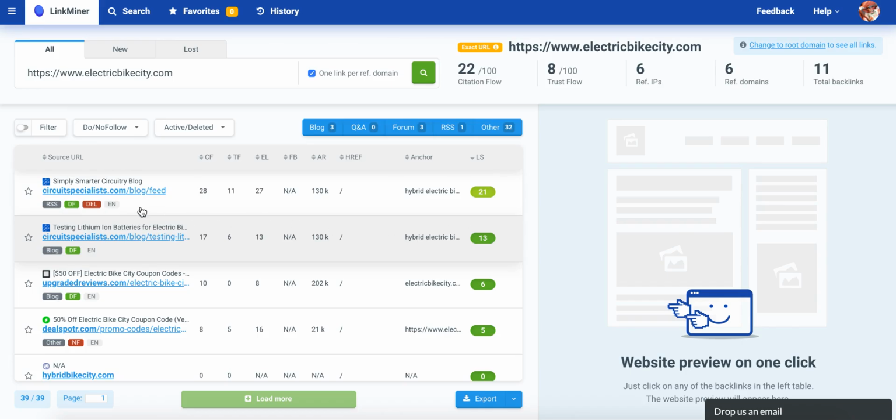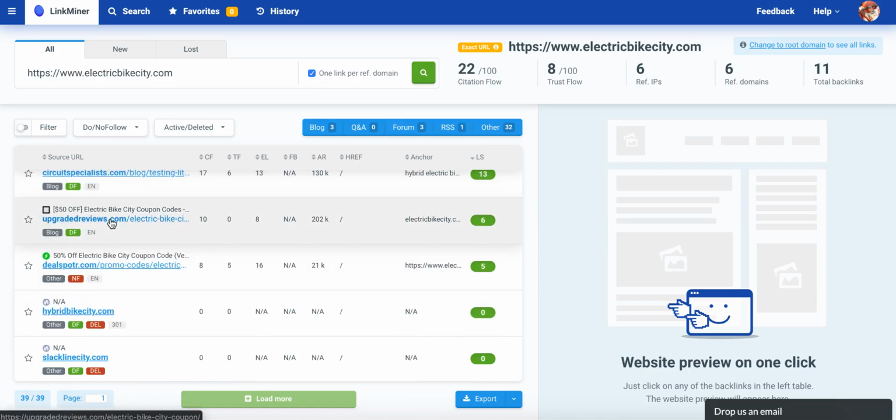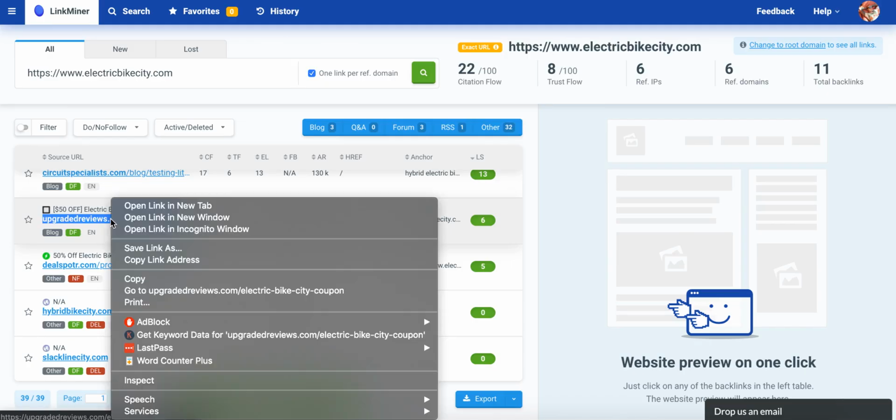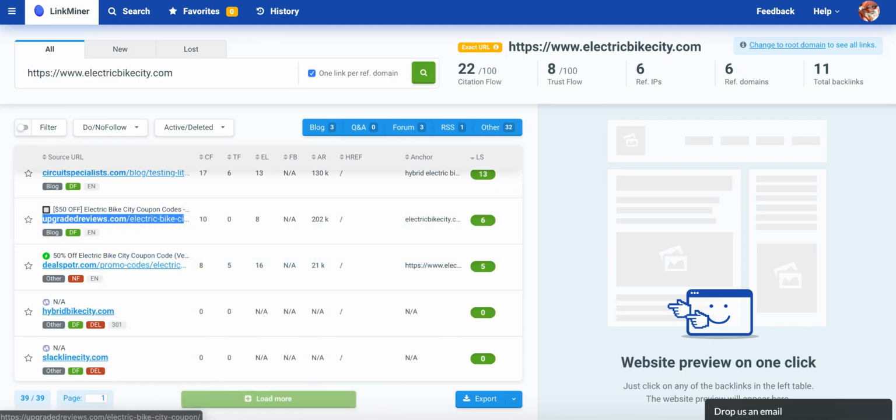All right, so the guys who bought it are at Circuit Specialists. They linked to their own website, which is smart because they already have a lot of cool stuff. But there's Upgraded Reviews that link to it. They have a coupon on their website, so that's a cool idea. So just copy the link address